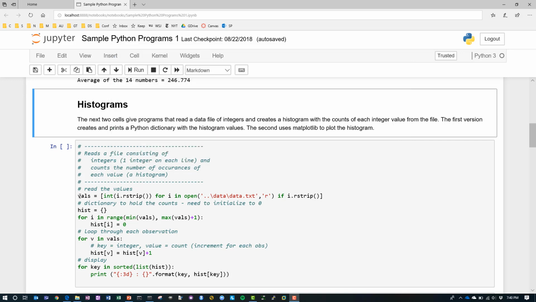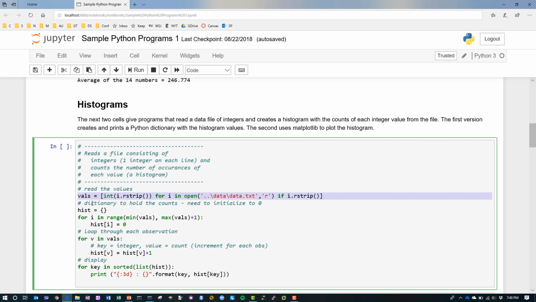So let's take a look at this comprehension that I'm using to actually read the values in. And as I've said in class and in previous videos, when I look at a comprehension like this, the thing to look at is go from inside out and left to right. And so the way we want to read this is I have a comprehension. That's what the 2 brackets here mean, that I'm creating a list. And so what I'm going to do is I'm going to say for i in open,